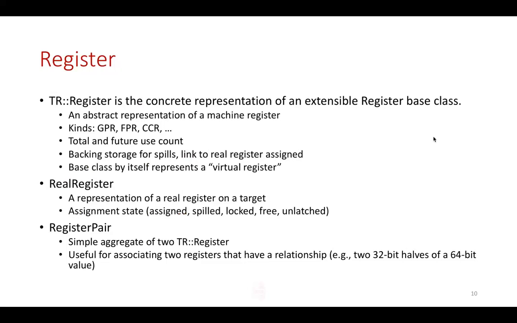Spilled means that a real register is, actually let me think about that one, because I don't quite recall what that actually means in the context of a real register. Locked means you cannot use that real register for assignment under nearly any circumstance. Free means it's available, and unlatched is a special state of a register